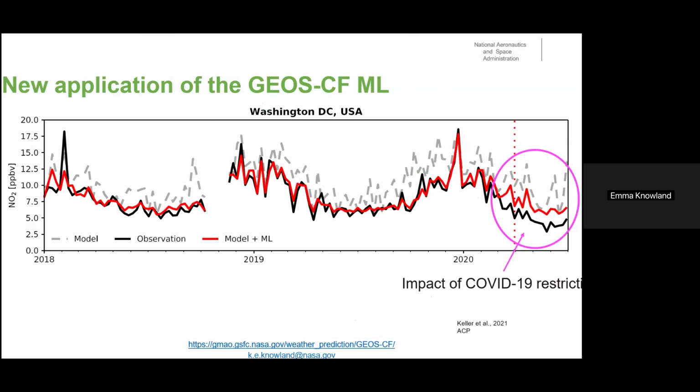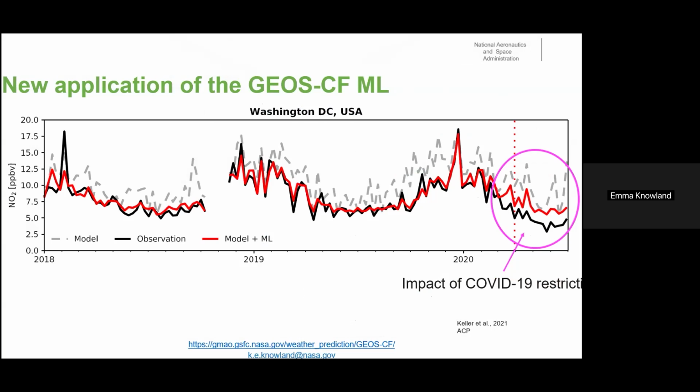But these tailored forecasts are only as good as the training data that they see. As shown here is an example of the machine learning algorithm, now in red, which was trained on the business-as-usual conditions prior to the pandemic in 2020. And you can see it did not predict those lower pollution values in black